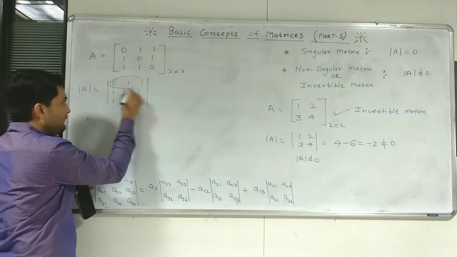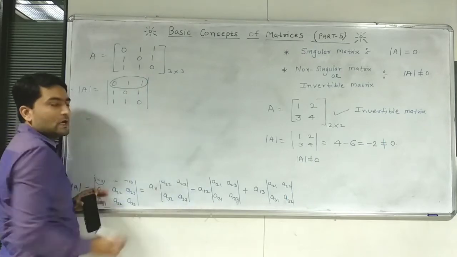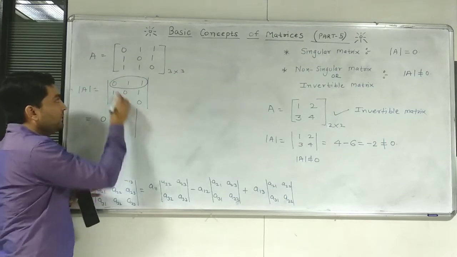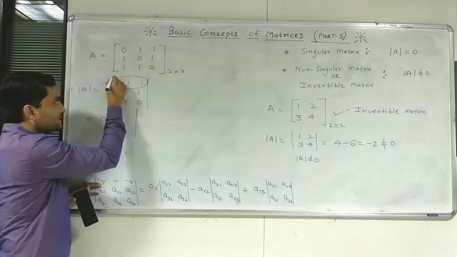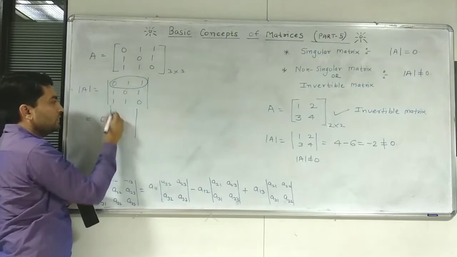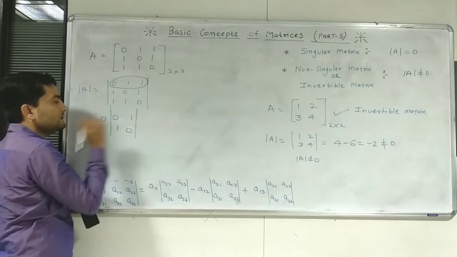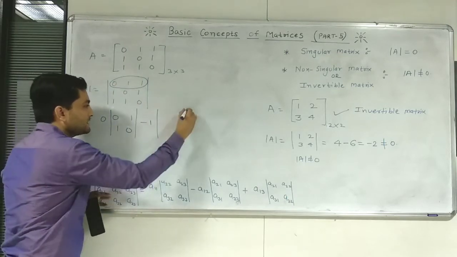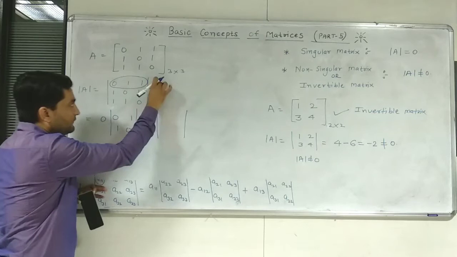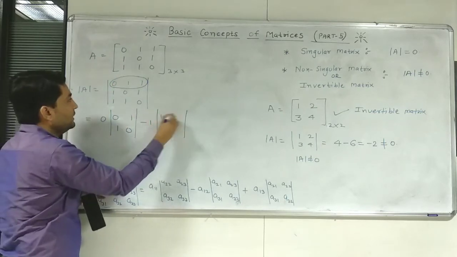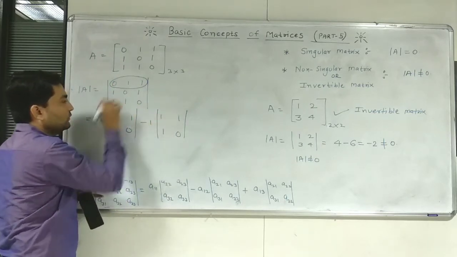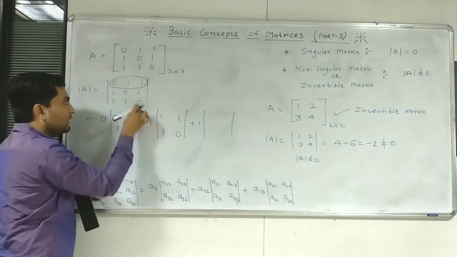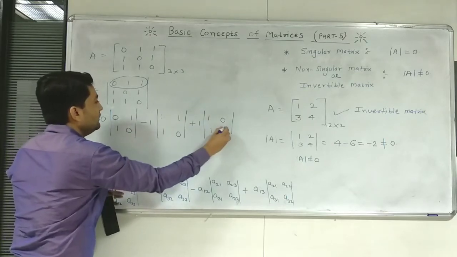So I will choose the first row. First we have to write down 0, the first entry. Now removing this row and this column, first row and first column, the remaining entries are 0 1 1 and 0. Then it is positive, so here it is minus, negative value, removing first row and second column, so we get 1 1 1 and 0. Then plus 1, positive entry, removing first row and third column, so we get 1 0 1 1.